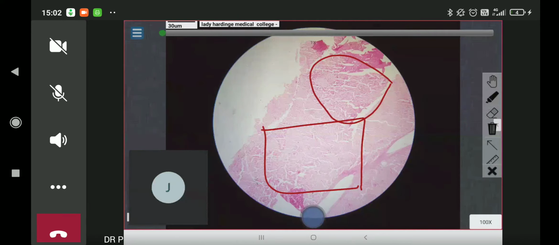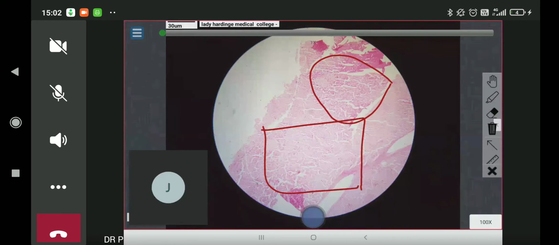The darker staining areas are the splenic parenchyma, which is uninvolved, whereas the lighter staining area is the portion which is showing deposition of pinkish amorphous material, and it is giving a light pink area. Now, when you see such a structure and you're suspecting there could be deposition of some kind of material, how do you further proceed in such cases?